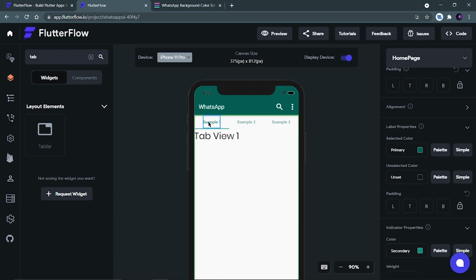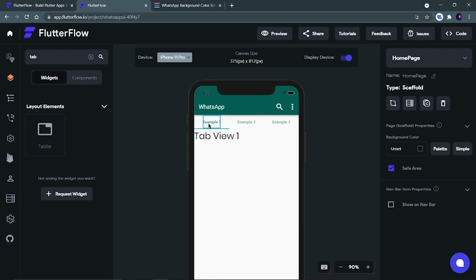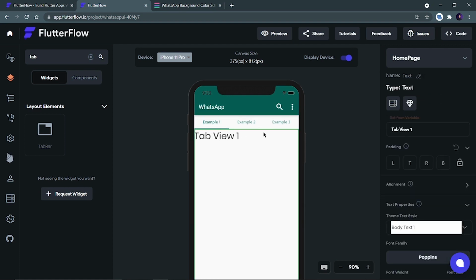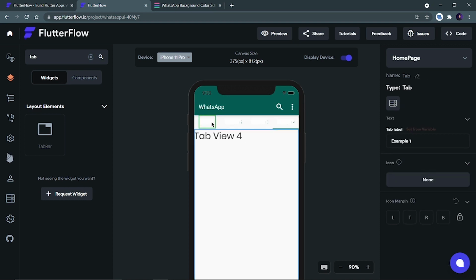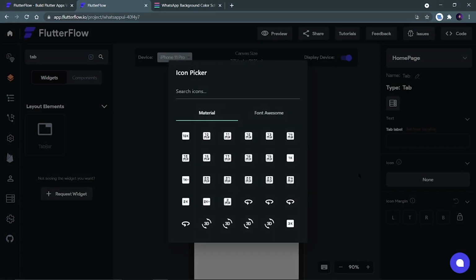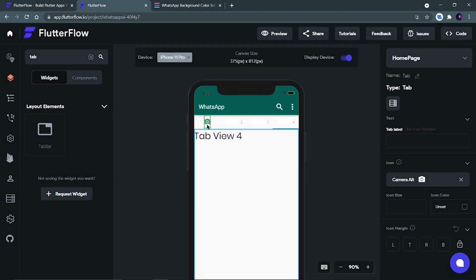So let's do it. First of all, this is a tab bar and I want to add one more field to this tab bar. So what you have to do is select this tab bar and in the active tab, you have to select it and click on add tab, right? So one more tab will be added and we will make some changes in it. First of all, select the first tab. We have to change the text label. The first text is going to be empty and it will be a camera icon, right? So I can select an icon from here and I will search for camera. Yes, so camera is added.